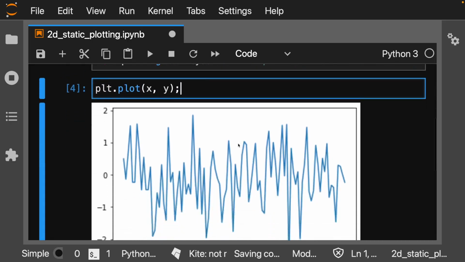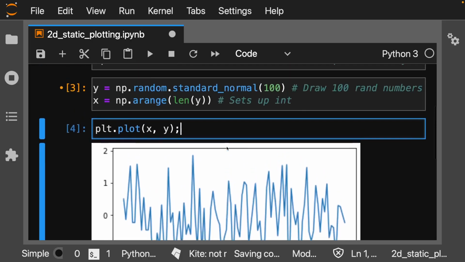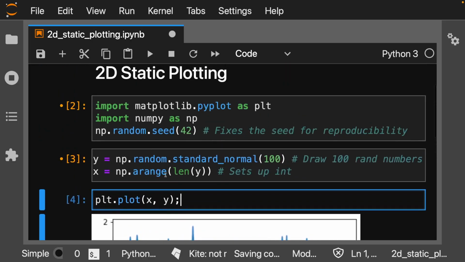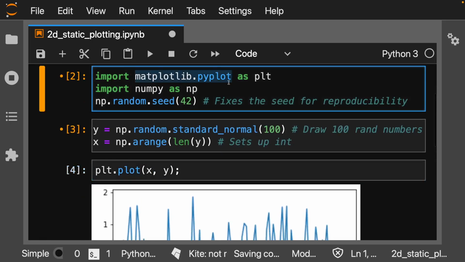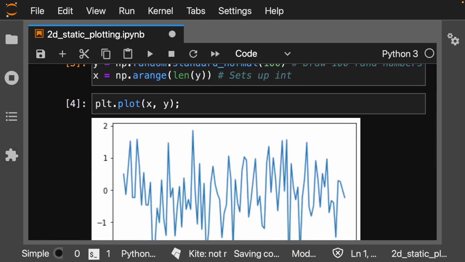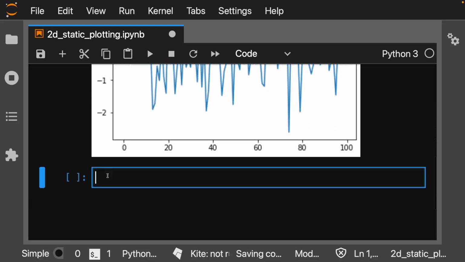Again, this is just the basic plot function. We're not using pandas, we're not using anything. We're just using numpy and matplotlib in order to plot this. So this is technically just a 1D series here. We can also do something like this,